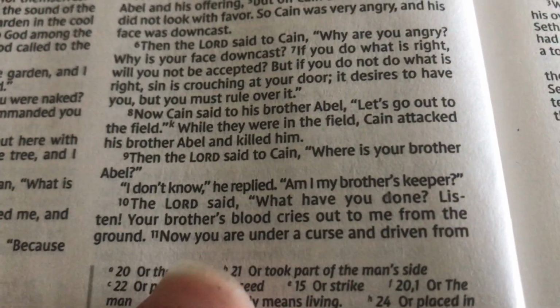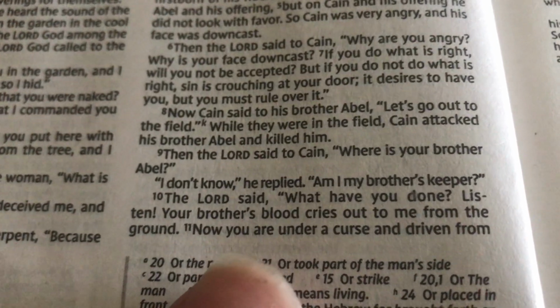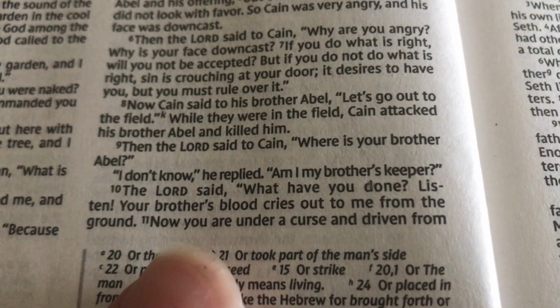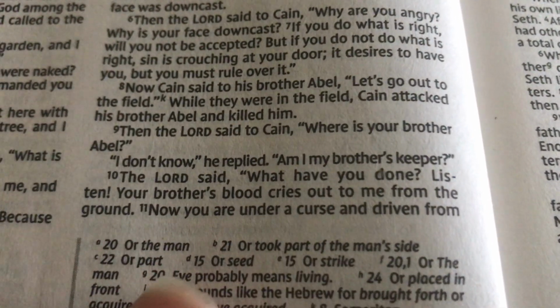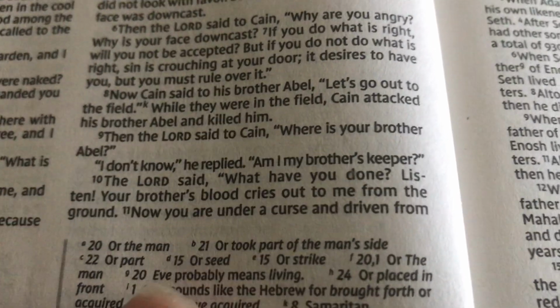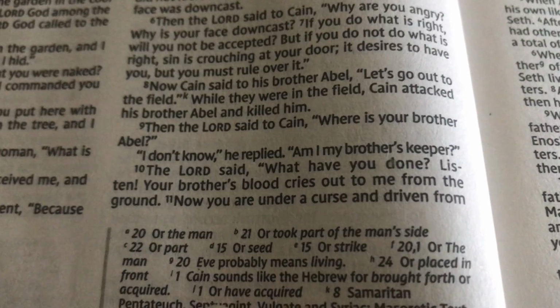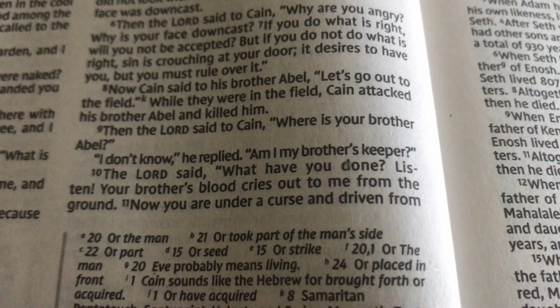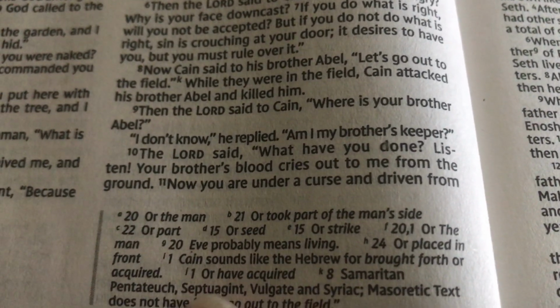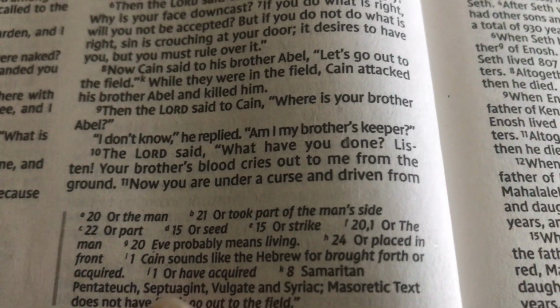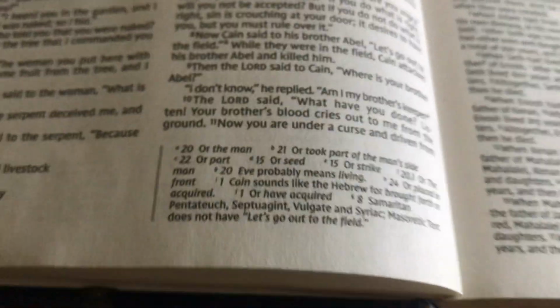Then the Lord said to Cain, "Where is your brother Abel?" "I don't know," he replied. "Am I my brother's keeper?" The Lord said, "What have you done? Listen, your brother's blood cries out to me from the ground. Now you are under a curse and driven from